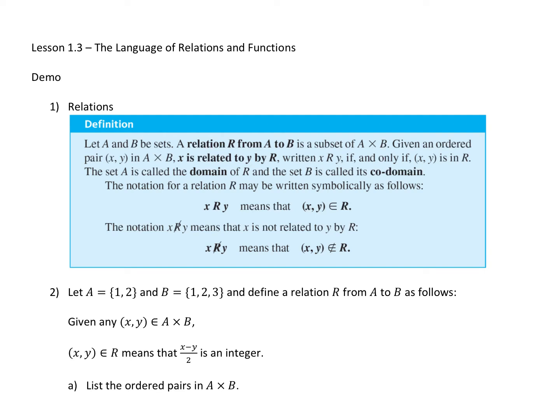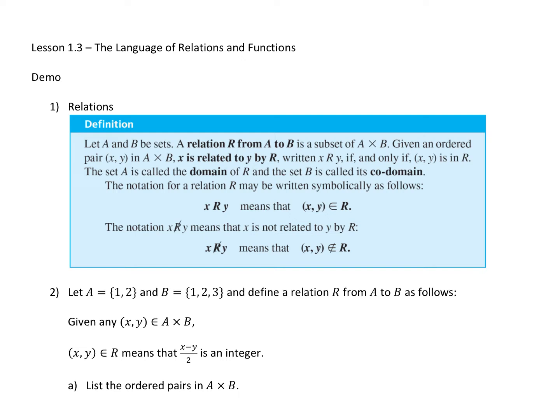Okay, here we are, ready to start lesson 1.3, the language of relations and functions. So we're going to start with relations and the definition of a relation. If you have sets A and B, a relation R from A to B is a subset of the set A cross B. So remember, the elements of A cross B would be ordered pairs. And then we define an ordered pair x comma y